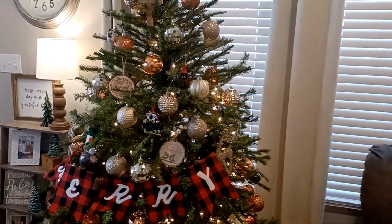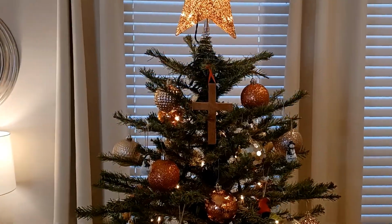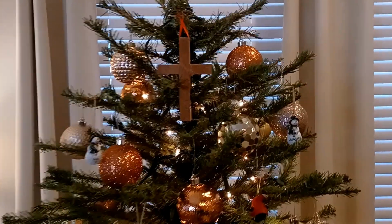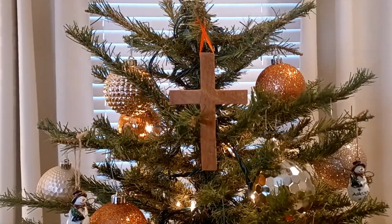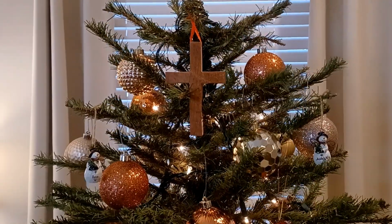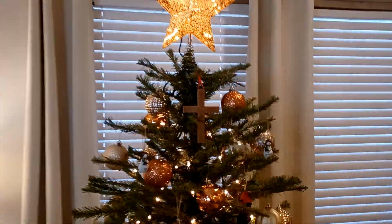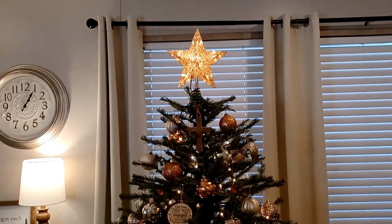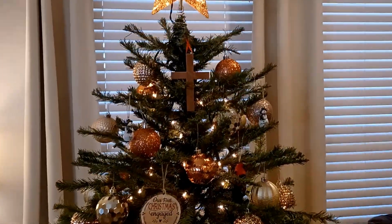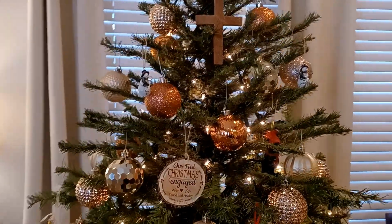But let's go through some of my favorite ornaments. So you know that I don't have any children, so I don't have any special ornaments like that, but I do have some special ornaments, like this cross that's made out of cedar. My husband made that the first year that we met, and I absolutely love this cross. I think it's great that I keep Christ right there in the center, and then I've got what I would say is the Star of David,